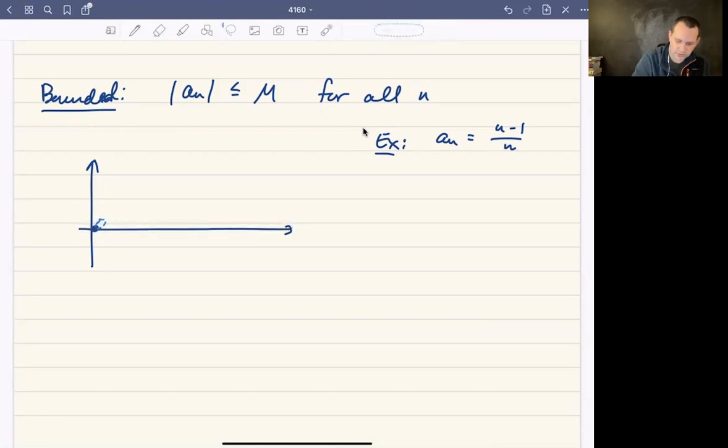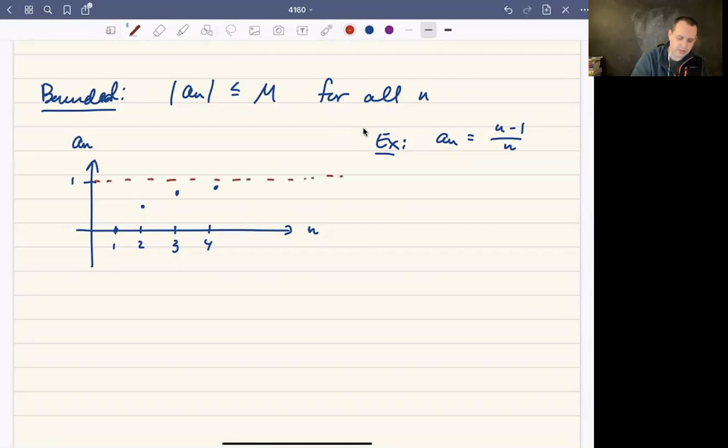That's actually, I want to take that back. So let's say this is our n, and this is our a sub n. So when n is 1, we get 0. When n is 2, we get 1/2. When n is 3, we get 2/3. When n is 4, we get 3/4, and so on. And it turns out that each of these values here is always going to be less than or equal to